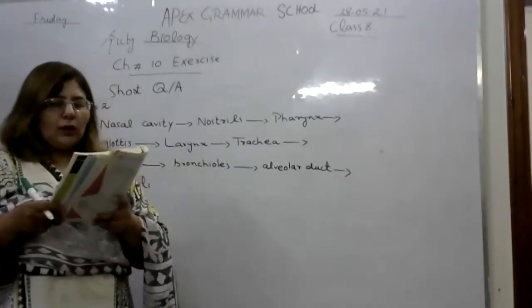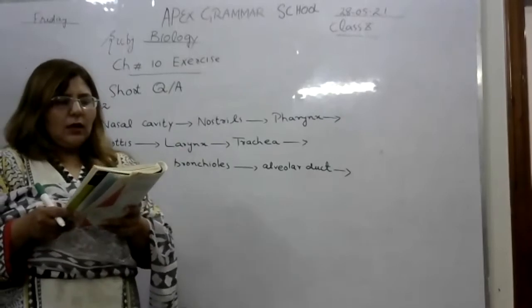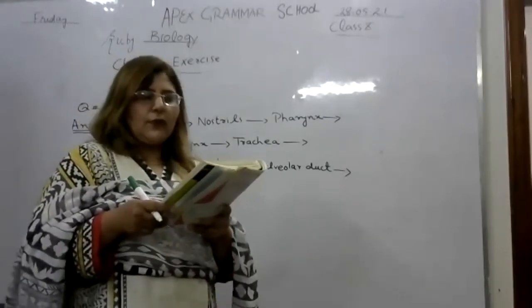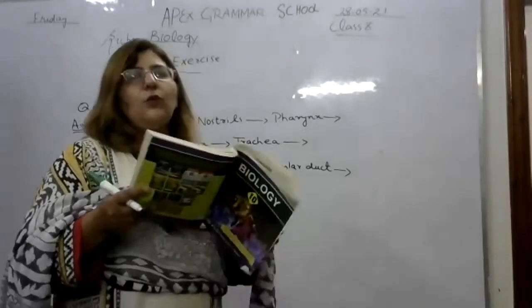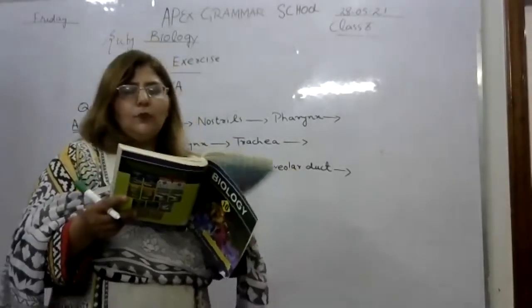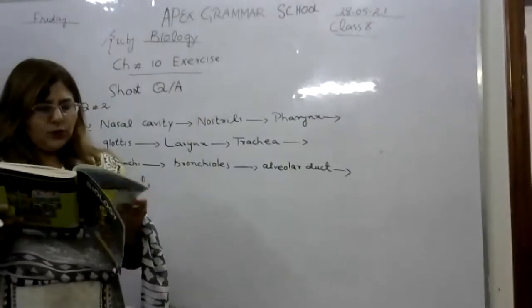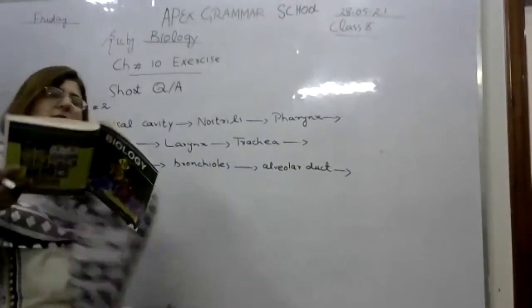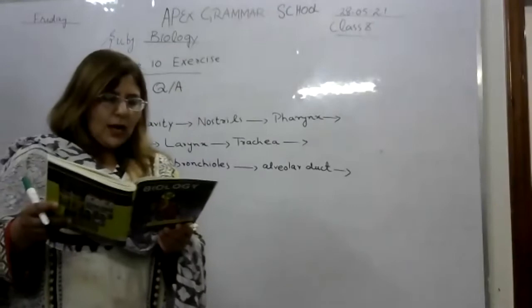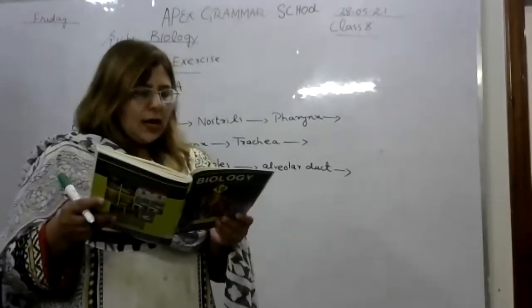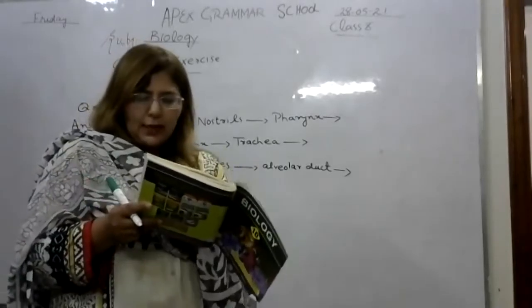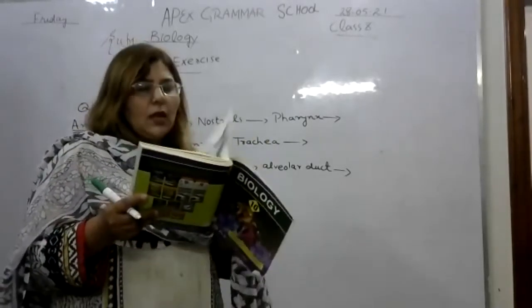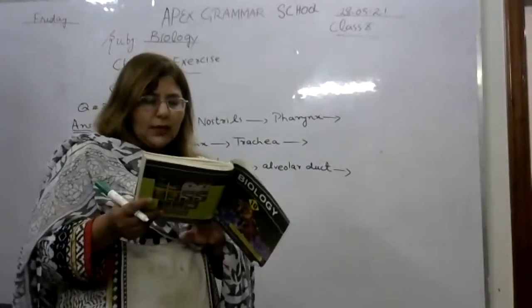Okay, so come to the long questions. Long question: how do the different parts of the plant body exchange gases with the environment? Okay, so come to page number 2. This is a long question. Gaseous exchange in plants, this topic is given. Okay, mark in your book. The answer will start: plants have no organ system. It will start from here till page number 3. The last line is there.